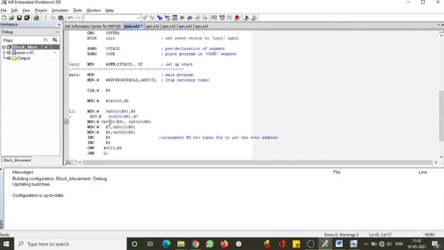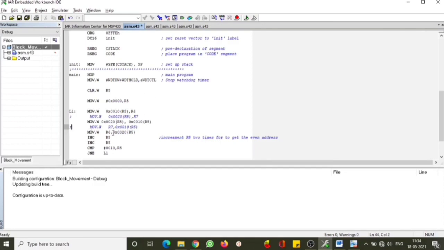So what happens now, the value in 20 is moved into 10, meaning the value that is already there in 10 has been replaced. If you had not moved it into R6 like this, then it would have been a problem finding the data that was already there in 10, right? So by using this, the value of 20 is now copied into 10. Now from R6 you have to move the value to 20. From R6 to 20 we are moving the data. So the data is exchanged.